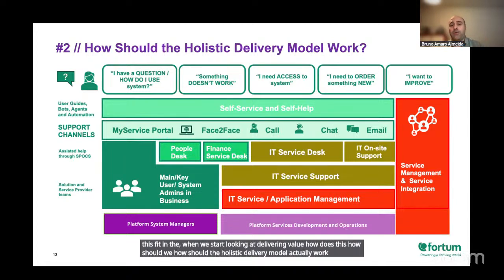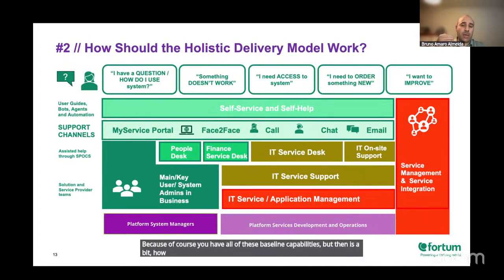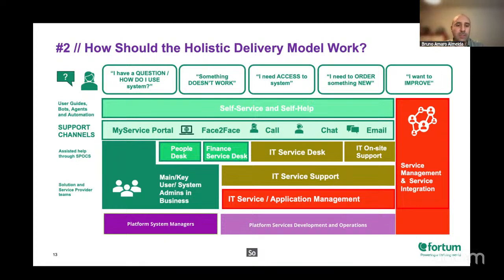Because of course you have all of these baseline capabilities, but then how does this interact with IT service and application management, and also with IT service desk, IT service support? Essentially, how do you guide this all the way, from platform to different applications to different end user capabilities, and what are the support channels? So looking at that holistically, how to build that end-to-end flow on how to deliver value guided